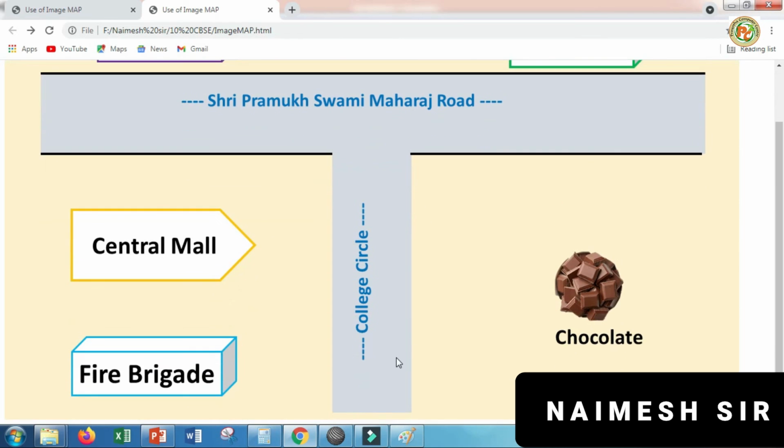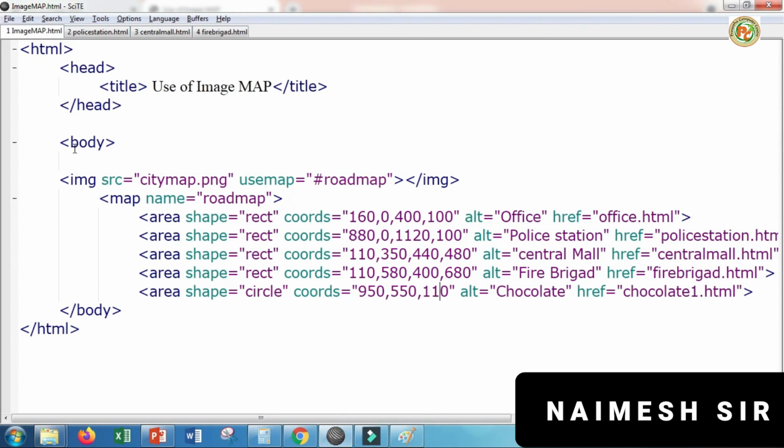I hope you understood all this, and this new map tag. Inside that we have to type the name of the map, and whatever name you give, you have to specify inside usemap, using the hash sign with the name of the map. Inside that we can draw the rectangle, circle, and the polygon tool is also there.